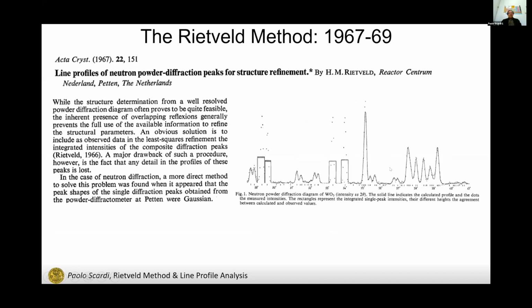In 1967, with available computers, Rietveld was able to refine just a small number of parameters, limiting the description of the line profiles to overlapping peaks. As you see, the squares in the graphic are just for sufficiently isolated reflections that were accounted for as integrated intensity. This was a proof of concept, as I said, destined to leave a mark,